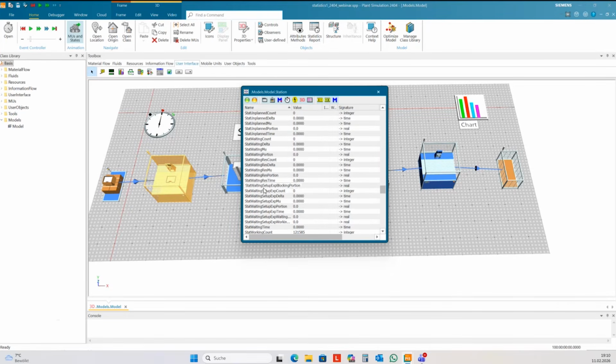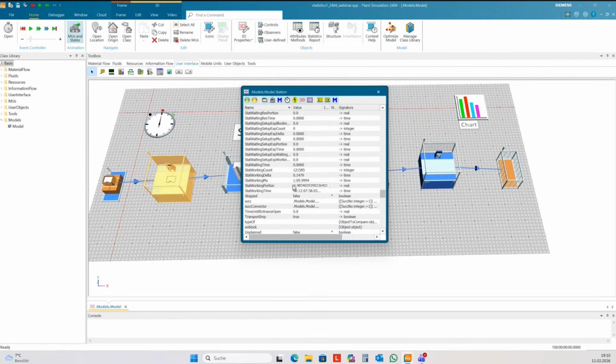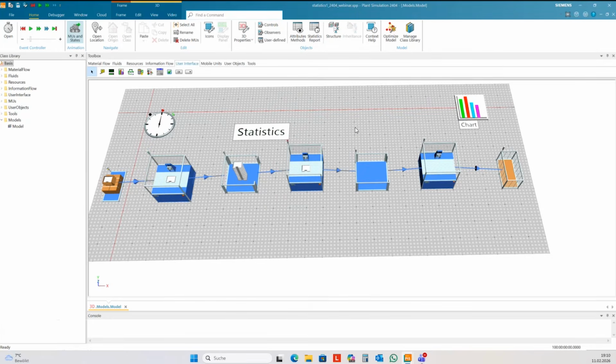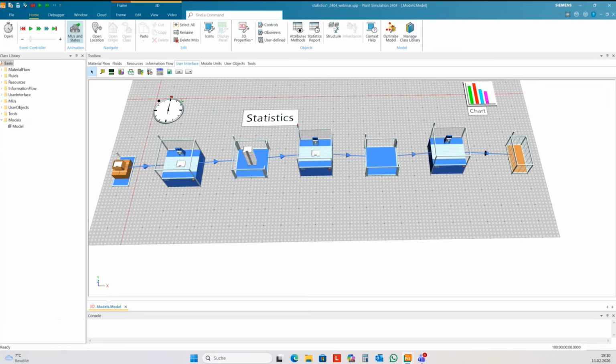We don't have workers here, so you have a lot of empty elements here without any values. But here you have all the values you can read and display, for instance, in the frame. Okay,